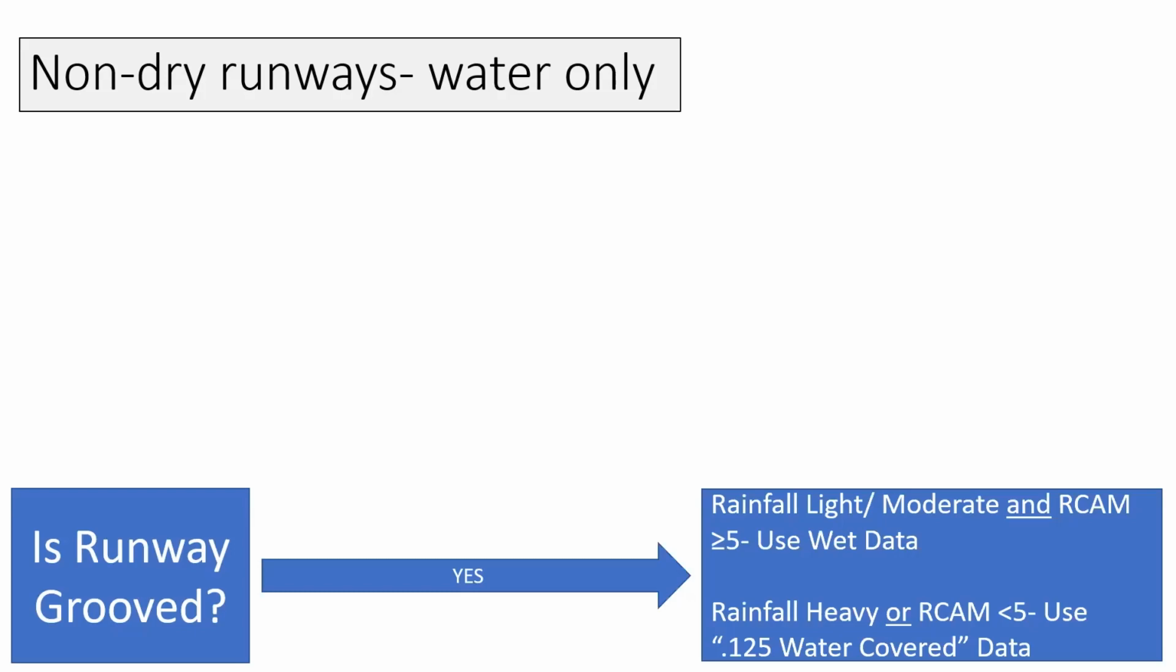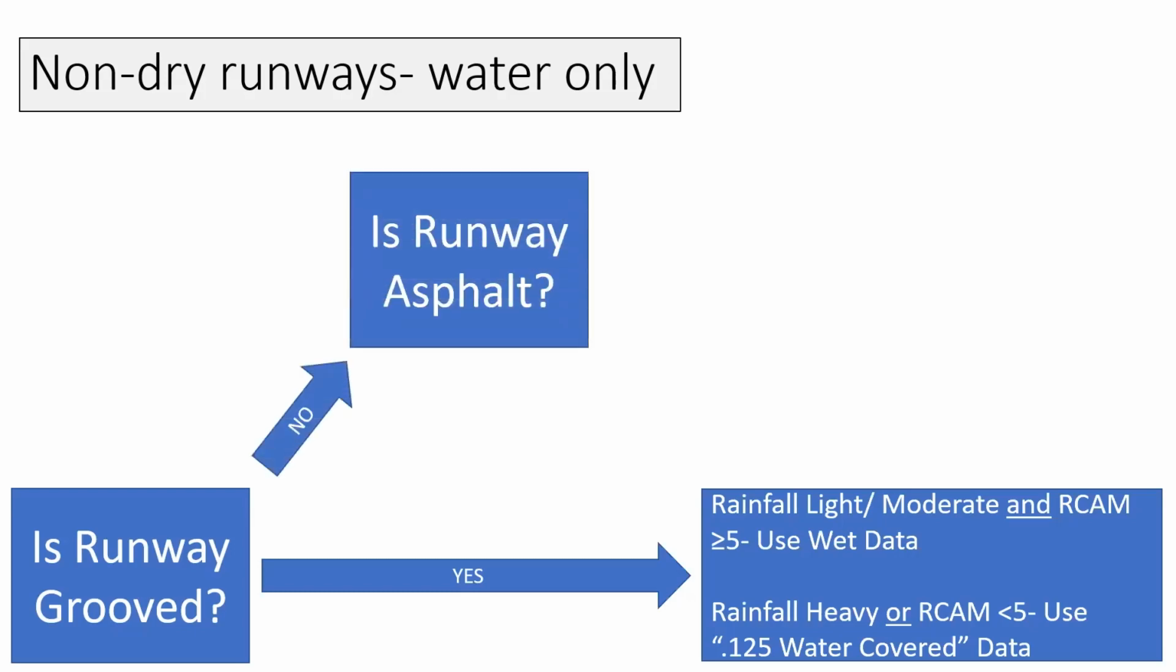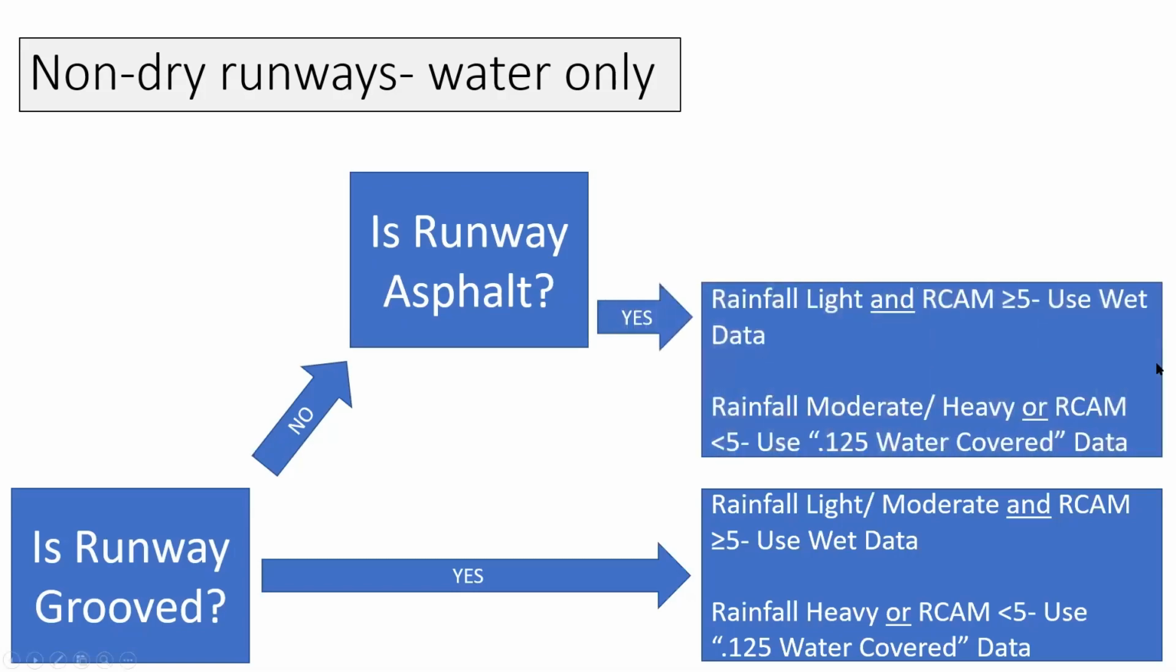So rainfall light or moderate is considered wet, heavy is considered contaminated, but the runway condition code also has to be considered. Any runway condition code that's presented to you less than 5, we automatically go to the contaminated. If the runway is not grooved, we have another question to ask ourselves. Is the runway asphalt? If the runway is asphalt, then